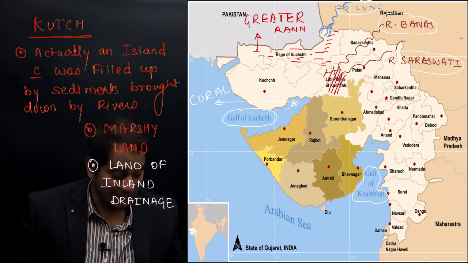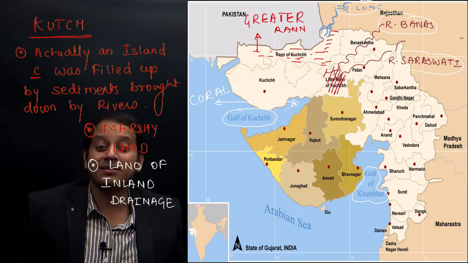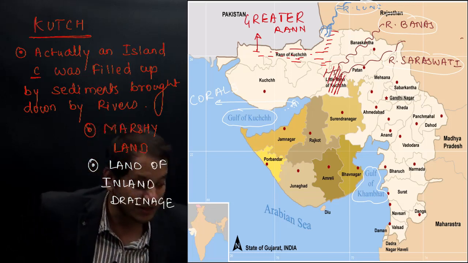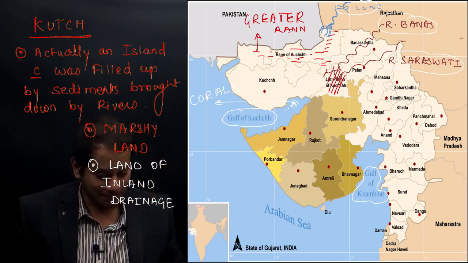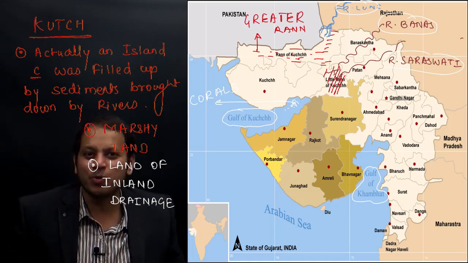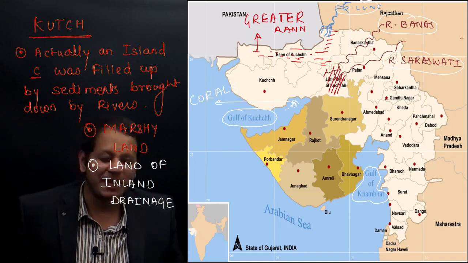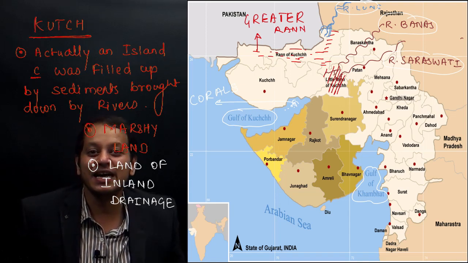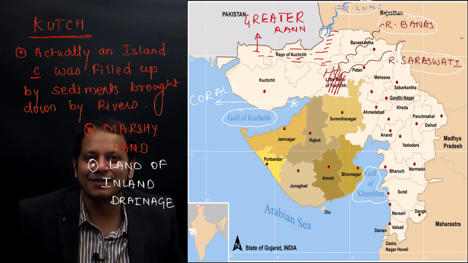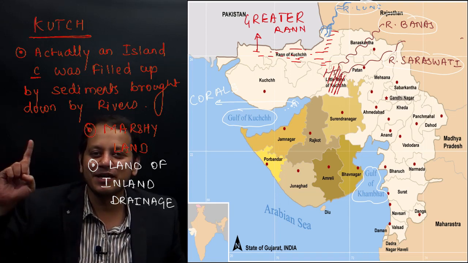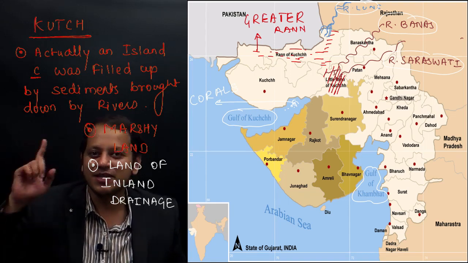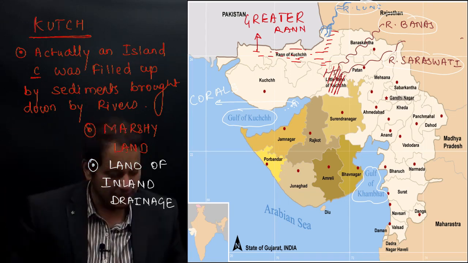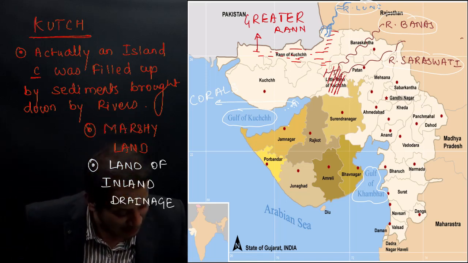Try to negate this. Then what is the major port in the Gulf of Kutch region? One of the biggest ports in the world, one of the biggest ports in Asia, and the largest oil refinery in the private sector in India is Jamnagar Refinery. Jamnagar Refinery belongs to Reliance Industries. It is one of the biggest oil refineries in the world. And where does it lie? It lies in the Gulf of Kutch region.